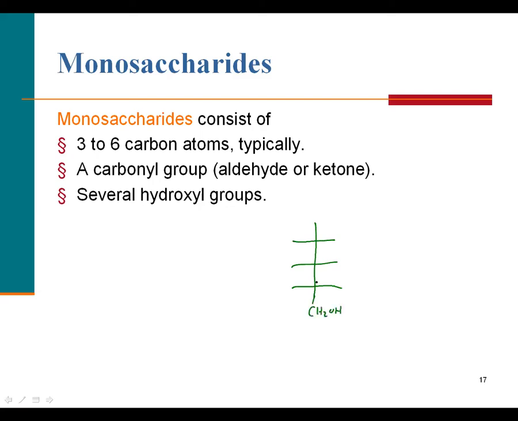Again, at each of those intersections is a carbon. And at the top, usually, or near the top, is the most oxidized group that contains a carbonyl group. It actually will be one of the two organic groups that we've seen, one being an aldehyde, which is this group. But a carbohydrate also could have